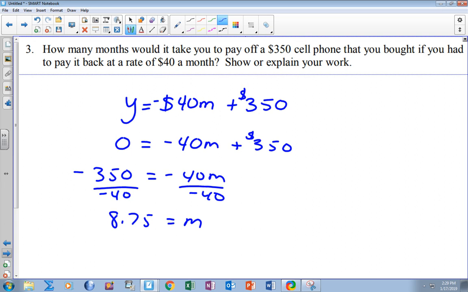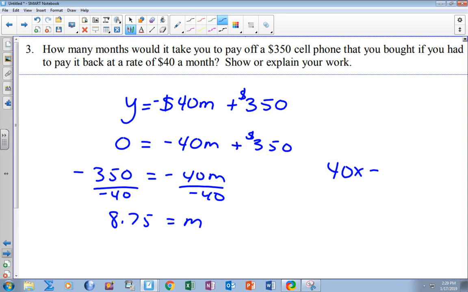Wait, say that one more time. 40x equals 350. Yeah, it's the same thing. We started off with that. I said we could just divide by... So if you move, so you have